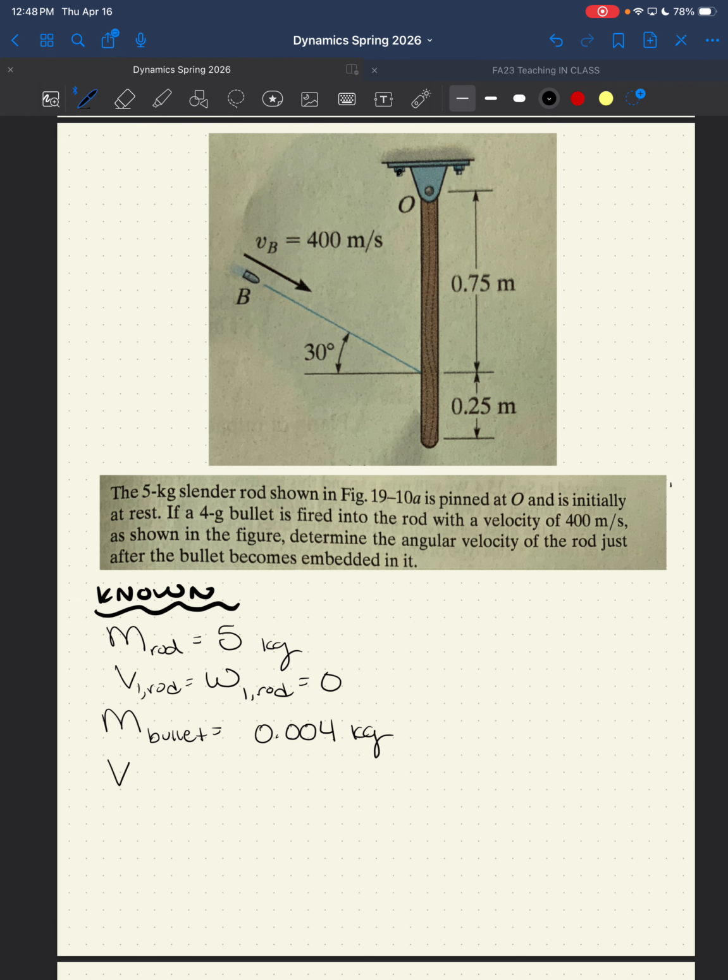So let's see, V1 bullet. I'm going to go ahead and write this as a vector. I'm going to go ahead and say that this is 400 cosine 30 in the I hat direction minus 400